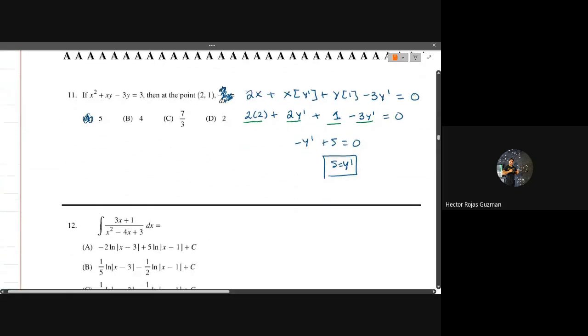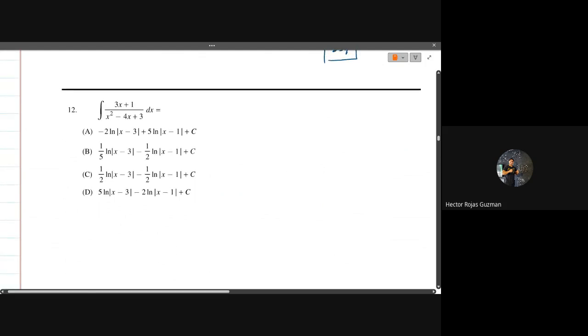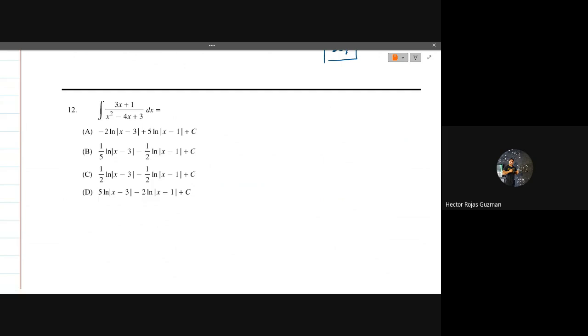Number 12. Okay, this is an advanced integration technique right here. Taking a look at the integral, you can't do u substitution, you can't do integration by parts. We don't even know an antiderivative for this. So again, we're going to be doing